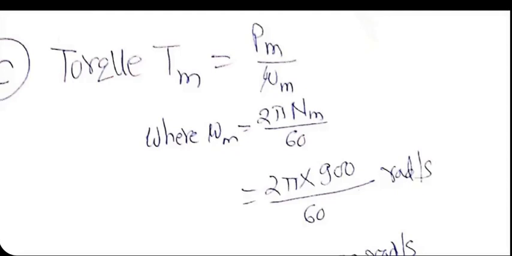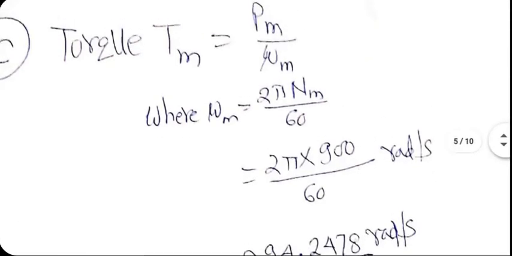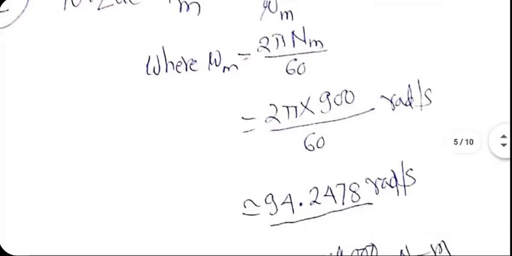Omega m is 2 pi Nm divided by 60, right? Nm is Ns, essentially, which is 900 rpm. We have calculated that already. So based on that, you calculate the omega m value. Here m means motor, that's all. Otherwise, I could have called it omega also. I don't mind actually. The suffix small m is generally used by many authors when they are talking about the motor output. So I'm maintaining that.